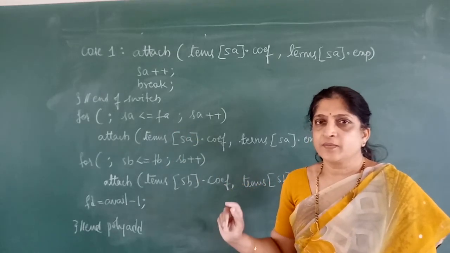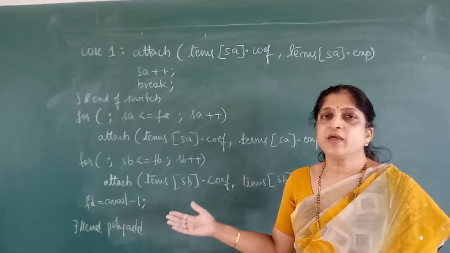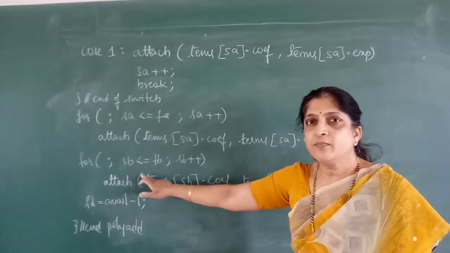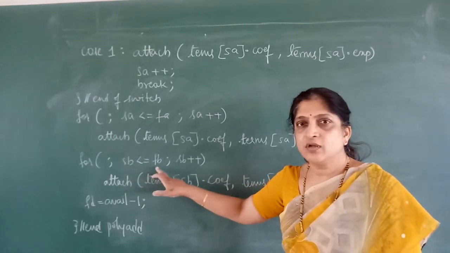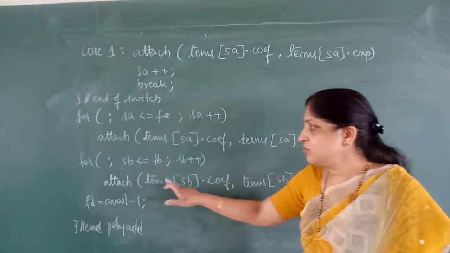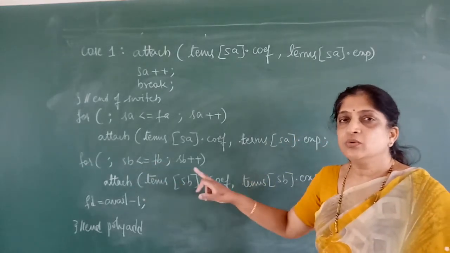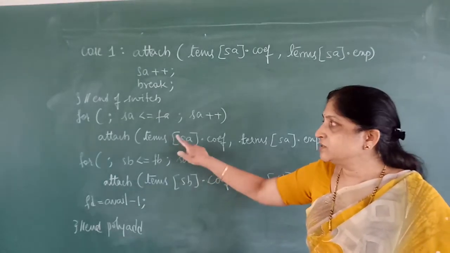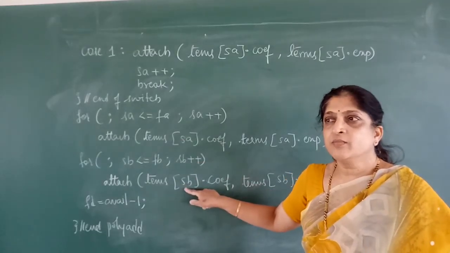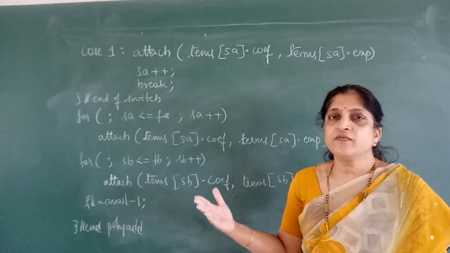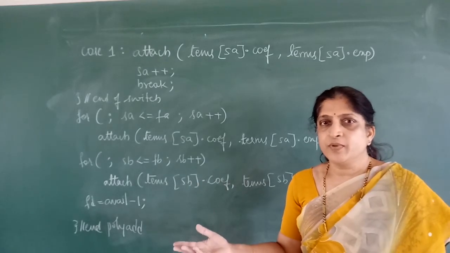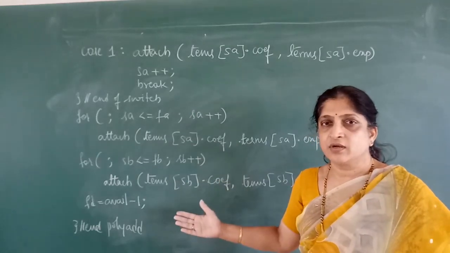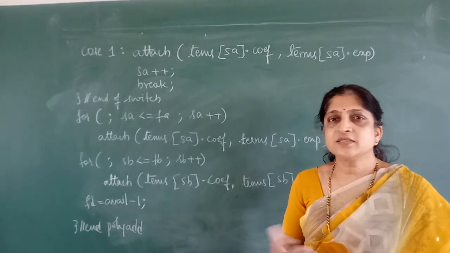This goes on till we reach the end of the polynomial a. Then maybe there are terms remaining in the b polynomial. Therefore, we are writing the same statement here for the b polynomial. Start b is less than or equal to finish b. If this condition is true, attach the terms of polynomial b to the polynomial d, that is, to the sum polynomial. Remember, either this will execute or that will execute, because when the control comes out of the while loop, we have reached the end of either polynomial a or polynomial b. Or if we have completed both polynomials, then none of this will execute. Again, it all depends on what polynomials you are giving as input.